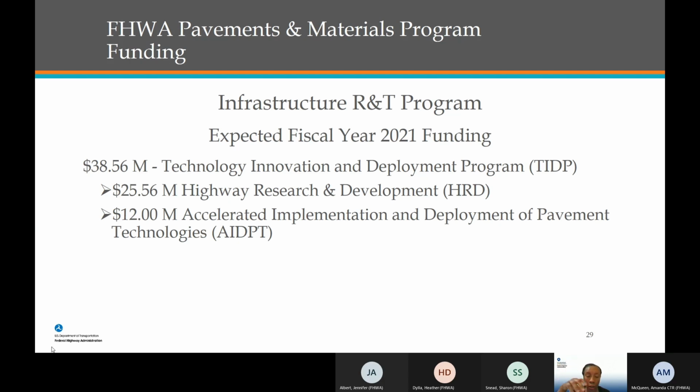Some portion of that is designated for pavement and materials research, and then $12 million of that $38.5 million of TIDP funding is designated specifically in law for the Accelerated Implementation and Deployment of Pavement Technologies Program, which you probably heard about. It's affectionately called the APT program.